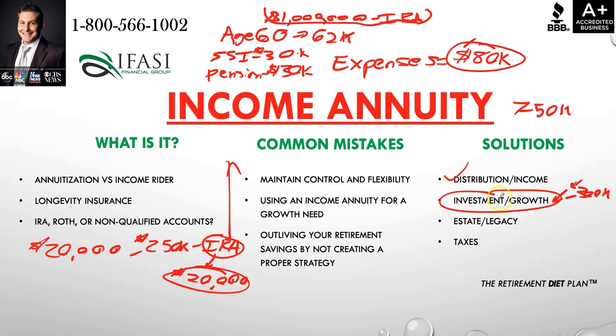If they want to take an extra trip every couple of years and make sure that they're risking their dollars appropriately and getting good rates of return on that, that has nothing to do with the income related need. So maybe out of this, IRA number 1 was created as an income annuity. IRAs number 2, 3, and 4 were created for an investment growth related need for $300,000. So they use $250,000 in IRA number 1 and $300,000 in IRAs number 2, 3, and 4, however they want to create that customization.